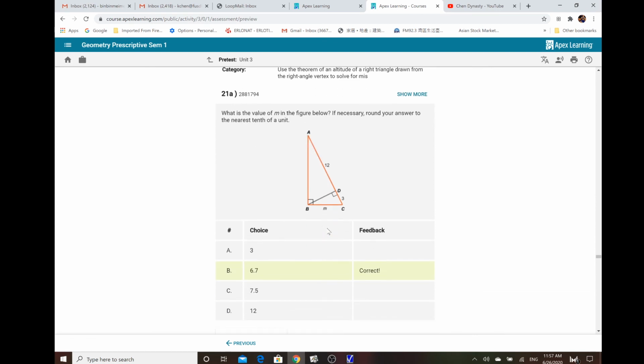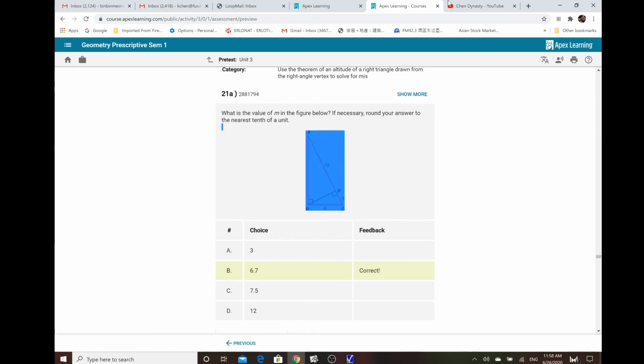So now, what about 21? 21 is quite similar to the one that we did earlier. As you can see, that m here is not just considered the hypotenuse of the small triangle, but the hypotenuse for the small triangle is also considered the base of the large right triangle here. So the proportionality equation can be done by using 3 over m equals m over 20. Okay, so now let's do this on the